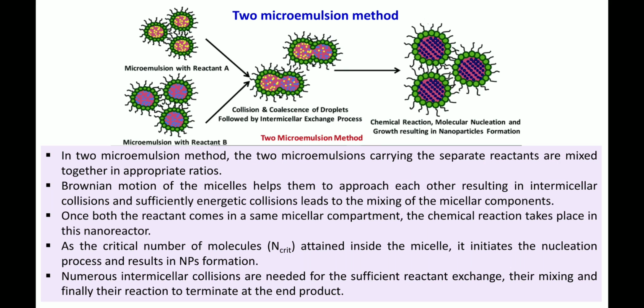The Brownian motion of the micelles helps them because they are in the liquid, in the solution. So there is a Brownian motion, and the Brownian motion of micelles helps them to approach each other, resulting in intermicellar collision. Two micelles collide with each other because both have their own Brownian motion, a zigzag path in the solution. Because of that they collide, and a sufficiently energetic collision leads to mixing